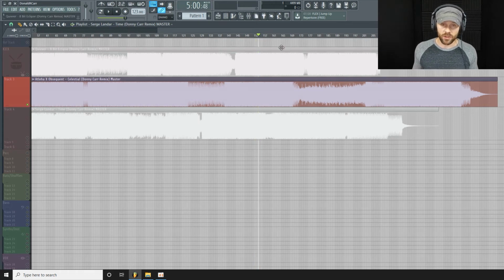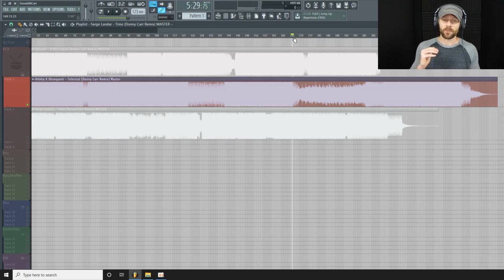And then we don't hear that secondary arp until 5 minutes 30. It doesn't even enter the track till the very last breakdown. And it's the interaction between that main repeating synth, an arp that just stays on that one note, and the other arpeggio, and the way they work together really creates a nice interplay.